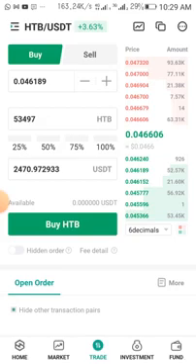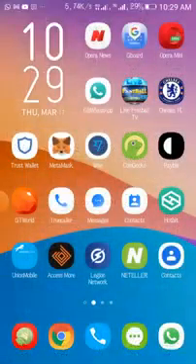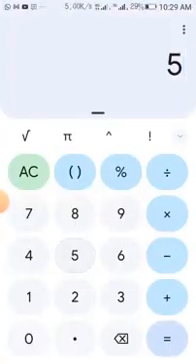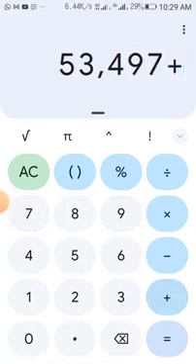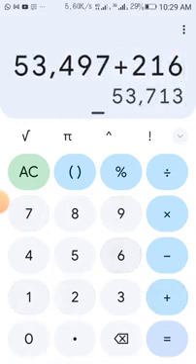An order has been added already, so it is now 53,497. Then I'm adding an order that will add an extra 216. So it will now accumulate to